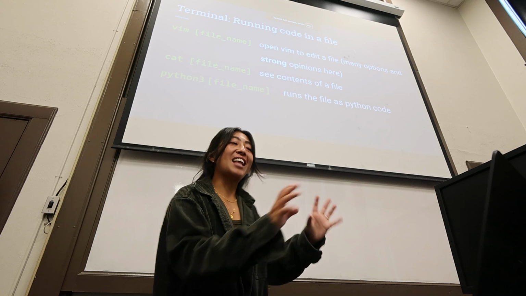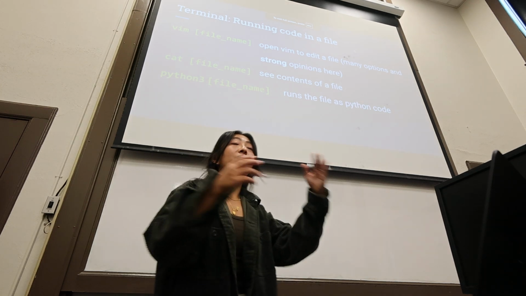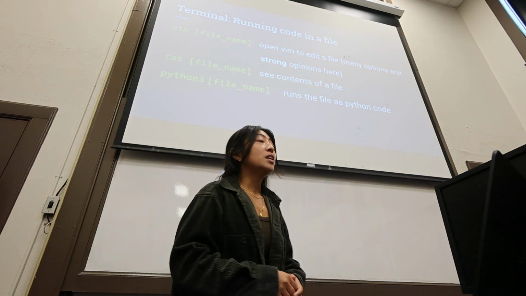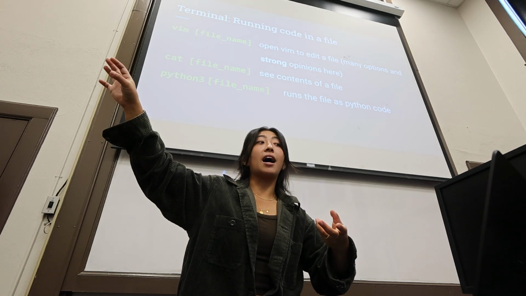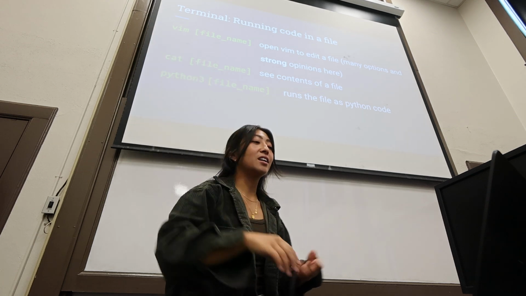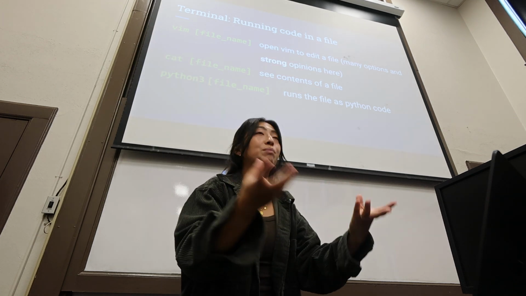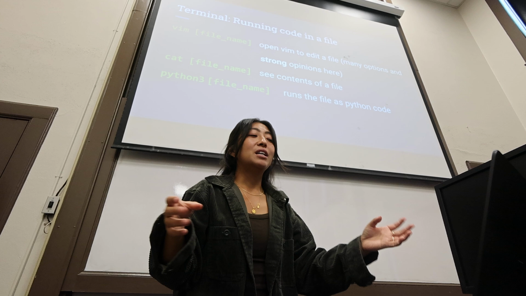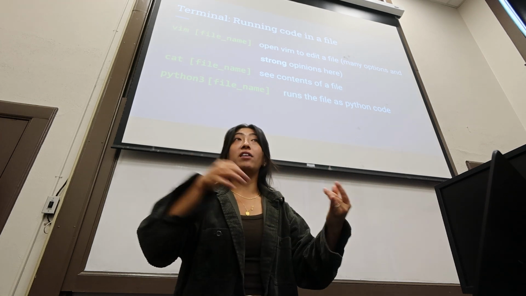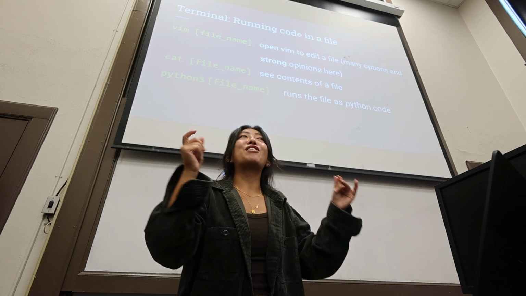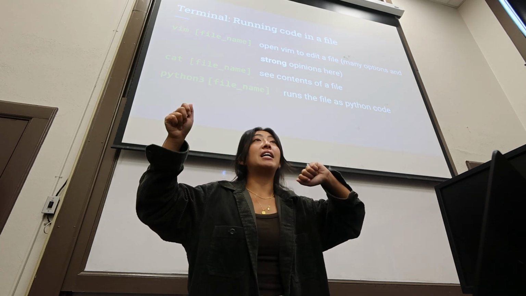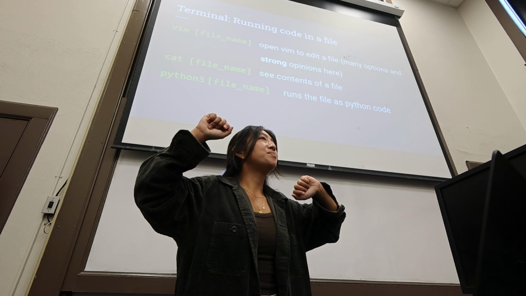Okay, so the last few things: if you run code in a file, you can write some executable command to run that program or run whatever's in there. So if you wanted to update a file, you could use Vim. You could type Vim to open the file and edit it, but you have to know how to use Vim. There's a lot of controversy with Vim. A lot of people love it, a lot of people hate it. Have you all heard of Vim before?